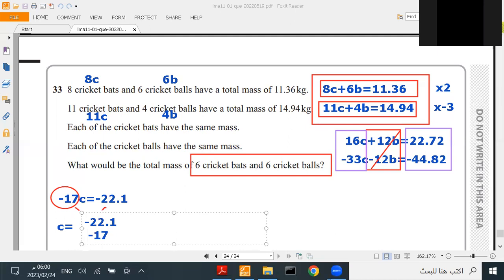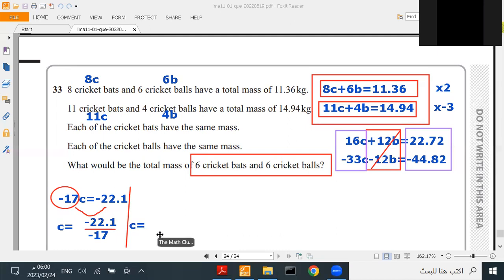Same idea, I'll put it like this as a fraction. I'll do it with a calculator. So C equals what? Do it like this. C equals